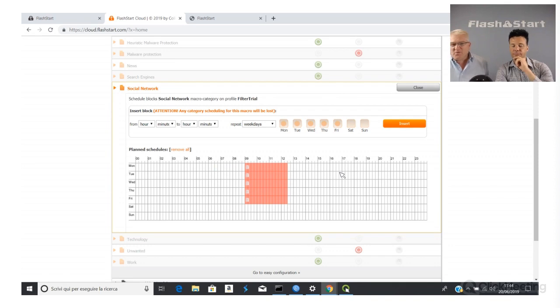So one of the interesting points as we developed this, and I think this will be interesting for all users, end users and resellers, is that social networks is a very interesting use case that caused a lot of wasted time. People want to be able to use it in breaks. People want to be able to use it in the lunch hour, and we're all grown-ups, and we should respect our flexibility and the fact that we often give much more into work environments than we get paid for. So, you know, we want some flexibility. Now, this allows you to do that.